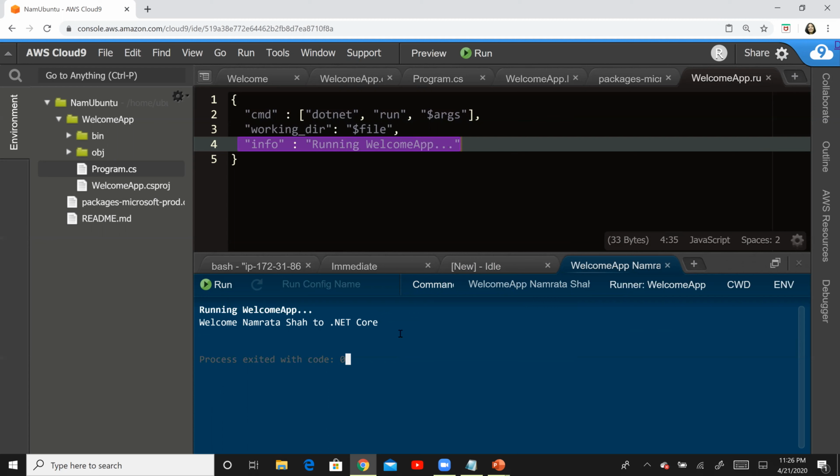So I hope that this particular tutorial is helpful, and I will build a few more tutorials on .NET Core. .NET Core is actually very hot in the market right now. There's a lot of demand for this skill. So ensure that you pick up this skill, because you will see that a lot of applications in the future are developed using .NET Core.